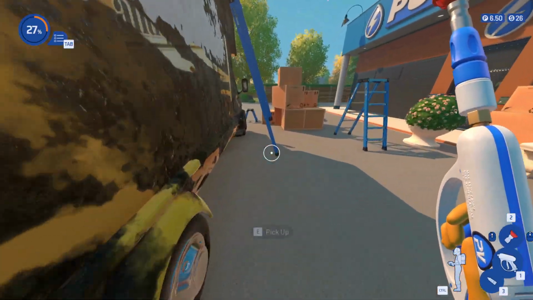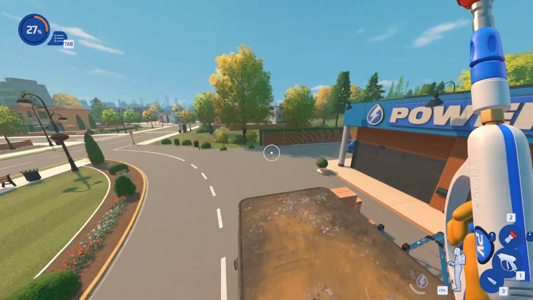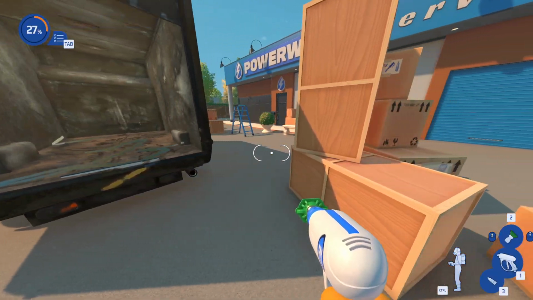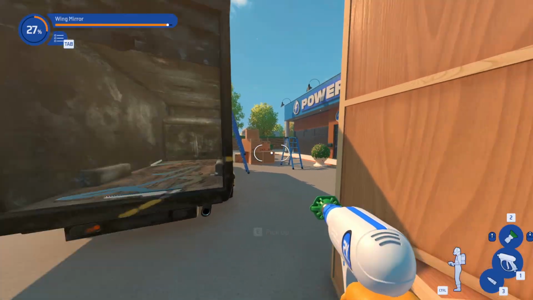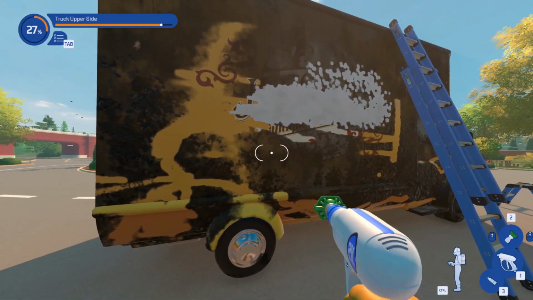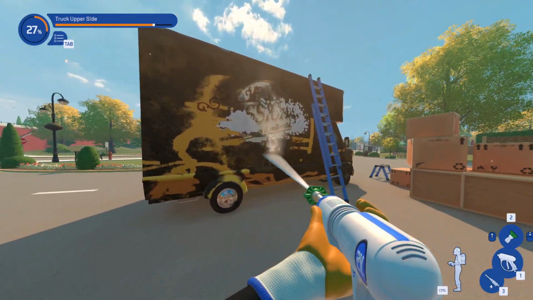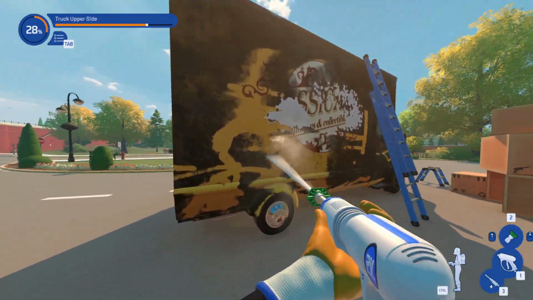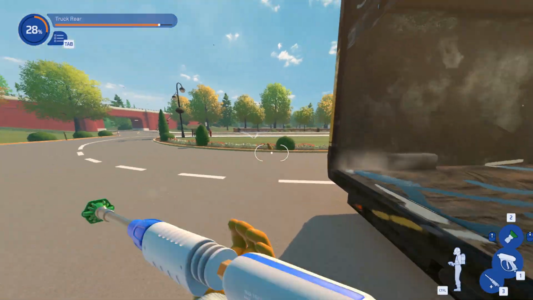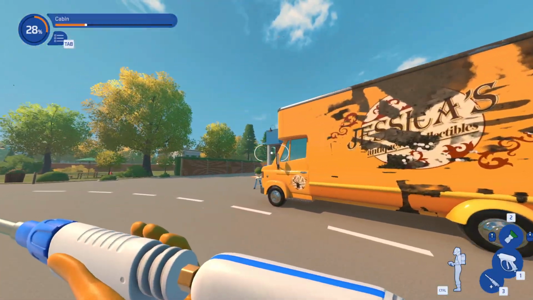So to change nozzles you can use the scroll wheel, and as you can see you can add extensions by clicking on number 3. So that's pretty much it guys. That's how you use various power washing guns in